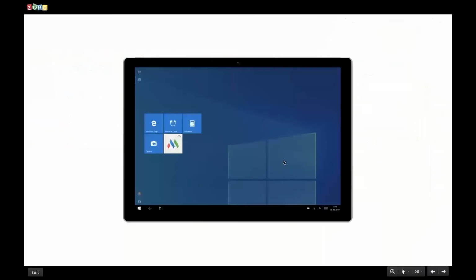Let me show you how the device would look once it has been configured into kiosk mode. As you can see here, this is a Surface Pro device that I have put into kiosk mode. These are the applications that I had selected to run on my device. Here I have the MEMDM app also listed. The major benefit of locking down devices into kiosk mode is that it restricts access to the settings application and any other application that was previously distributed on these devices. You can also restrict access to certain functionalities of these devices as well.